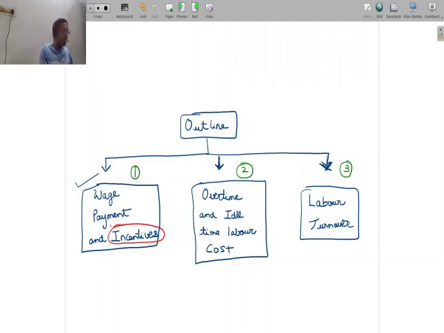Then we will look at the second part, which looks at overtime and idle time labor cost. Let's have a broad idea of what each of these things would mean. When you look at overtime, as the name indicates, beyond the scheduled time, if workers engage in work, then how should that be treated? So let's say a typical work day is 8 hours, and for some reason workers work for 9 hours or 10 hours or 11 hours. So if they work overtime, then for that extra time that they work, how is that going to be treated? Now, why is that going to be special? Why do we have a separate section devoted for that? We will take that up for discussion when we look at that second part.